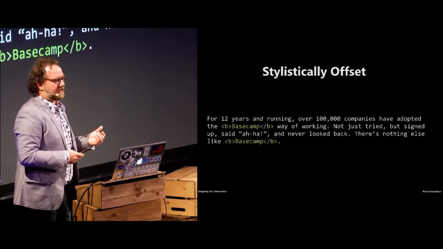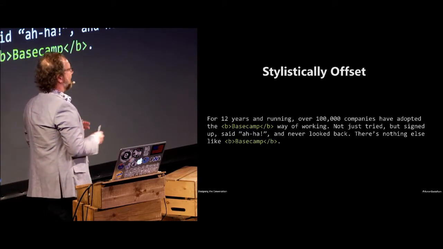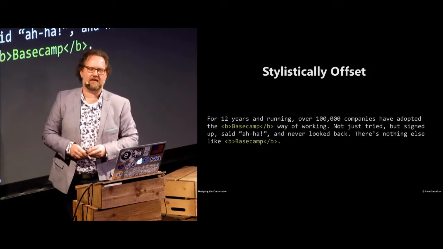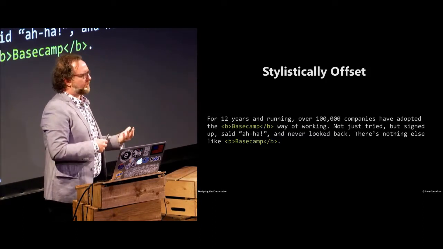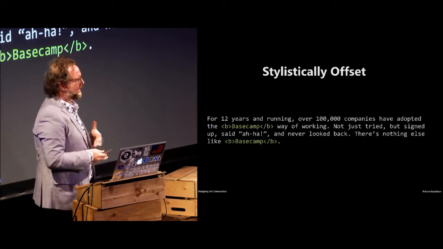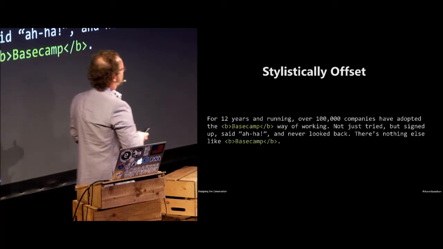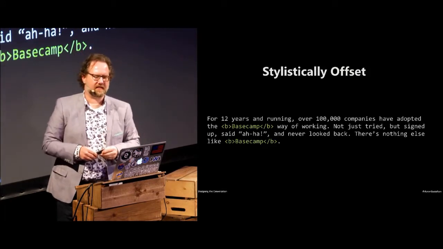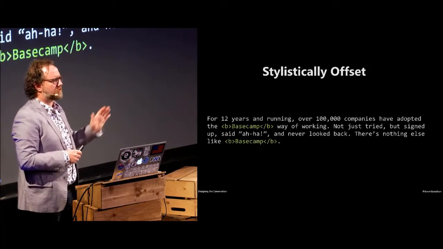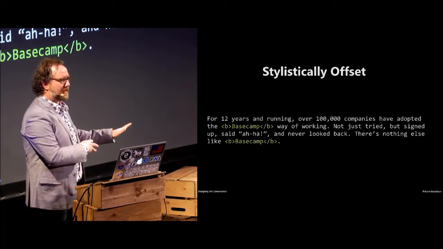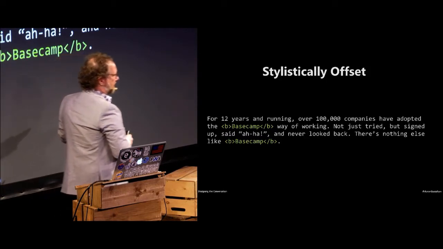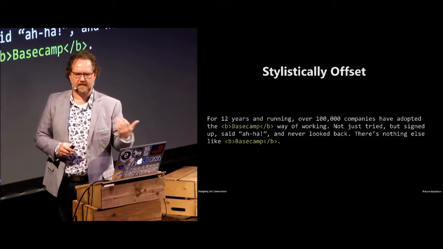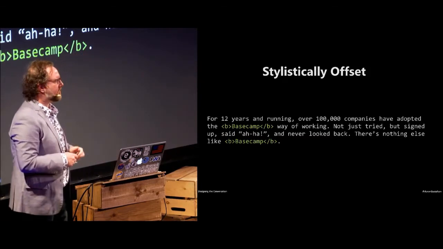Now, the B element is used for content that should be in the language of the spec, stylistically offset from the content around it, but it's of no greater importance. So keywords would be an option. Sometimes people use it for people's names or product names within the context of the content that they write. Don't use it for books or film titles or anything like that. There's the cite element for that. But functionally, the B is a lot like a span, except it defaults to being bold. It's a slightly shorter tag, but it's somewhat of a generic phrasing element.